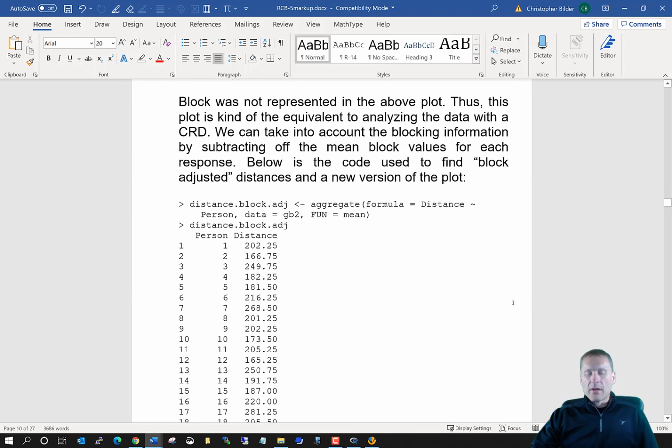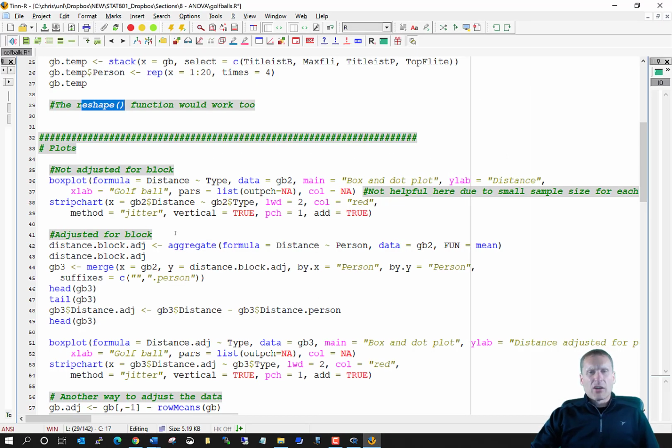Okay. So the key is that we're not taking into account block when we're looking at the data like that. And so that previous plot is how we would have approached it if we had a completely randomized design. So to take into account then the block and the golfer abilities, you could say, what we're going to do